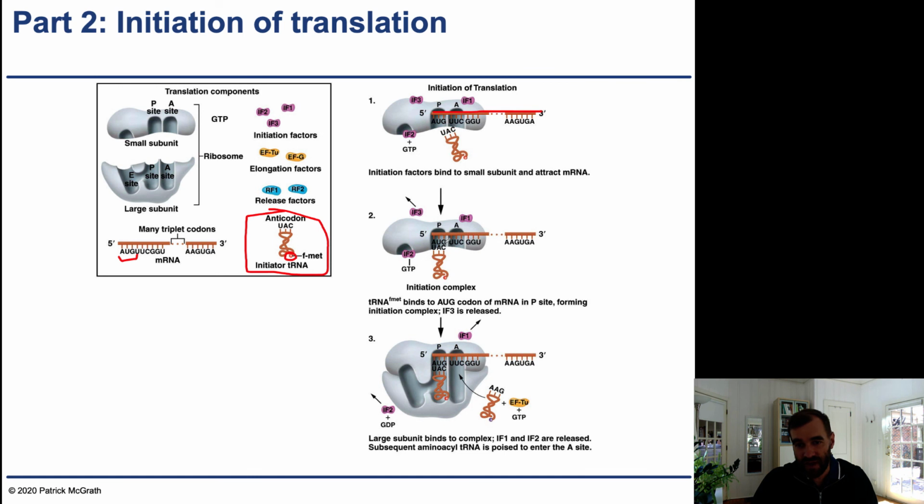So you see we have this anti-parallel bonding between the AUG and the UAC within the tRNA. Once this forms, now we can have the complete formation of the ribosome. Some of the initiation factors release, and then the large component of the ribosome can also occur. And so now we're ready for